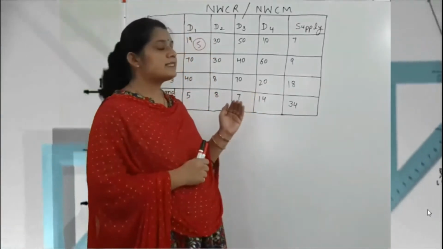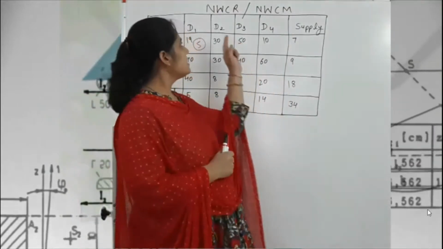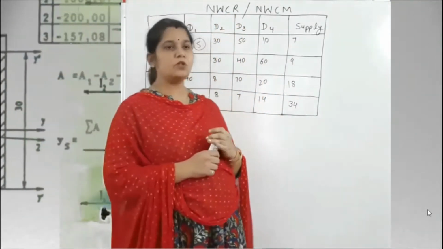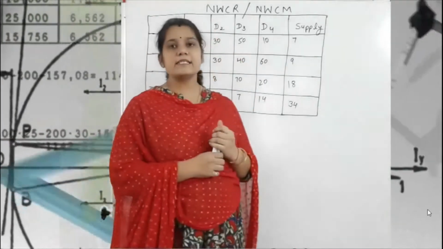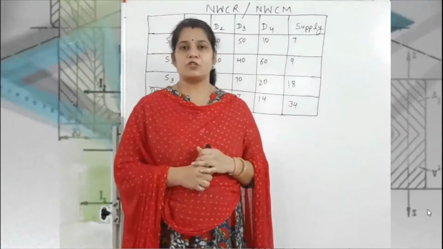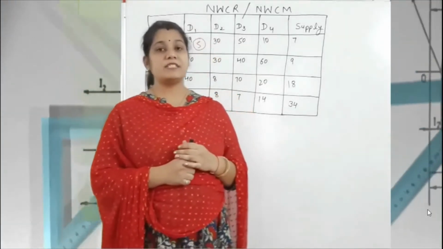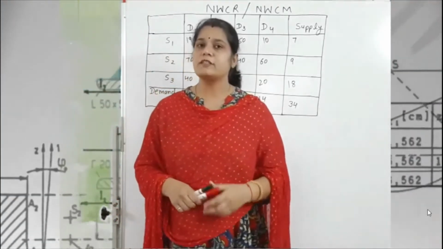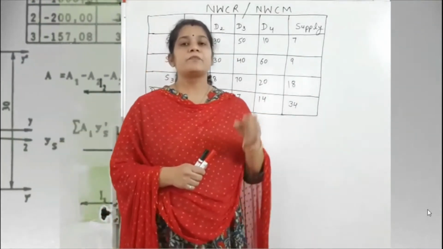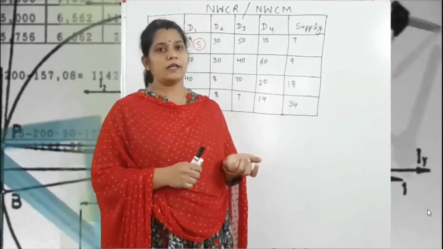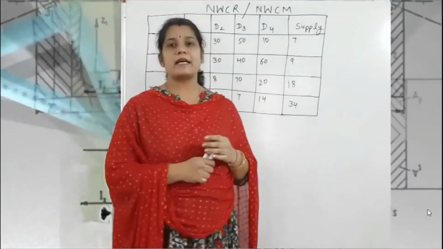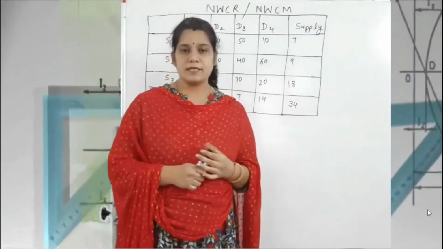So today's method is the northwest corner method or northwest corner rule. Both are the same. In this chapter, this method gives us the feasible solution. So what do you mean by the feasible solution? A feasible solution means a solution that satisfies the constraint equation or condition. So we can say that this type of method gives us a feasible solution.